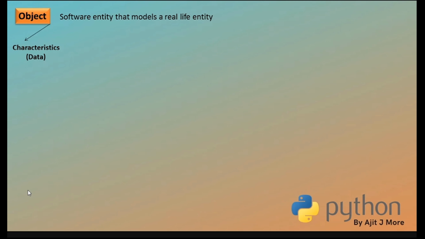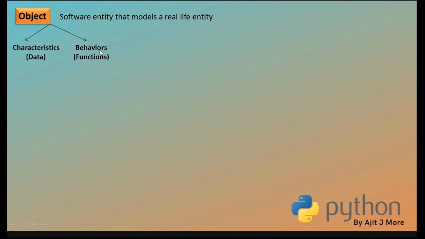I hope you're understanding. So characteristics and behavior, and behaviors mean only functions or methods, and functions contain the logic, the algorithm. It contains calculations, or some logic for displaying information, anything, and these functions do operations on data.